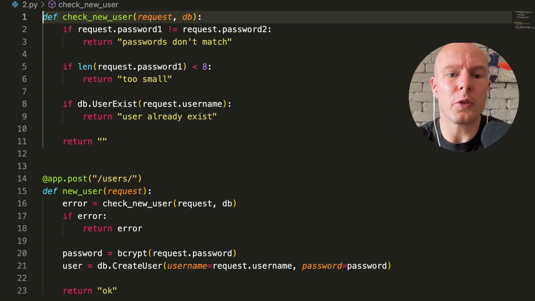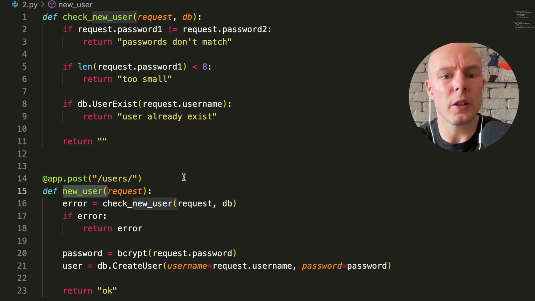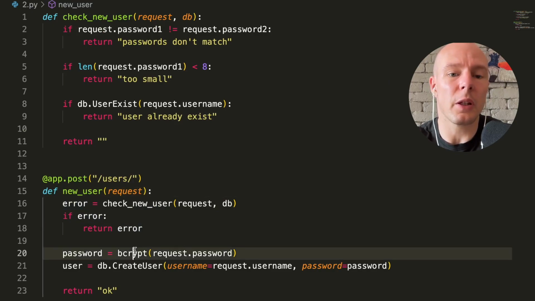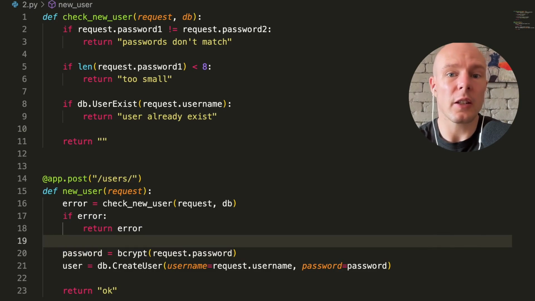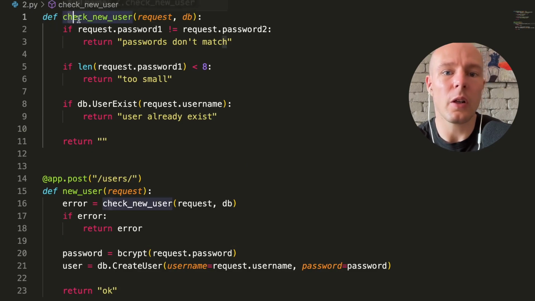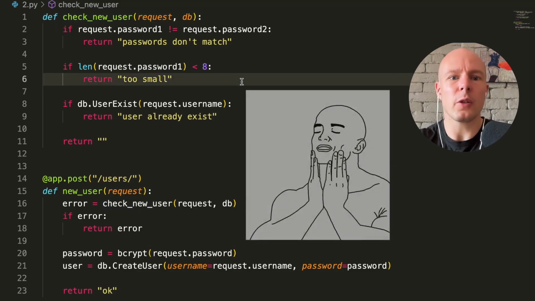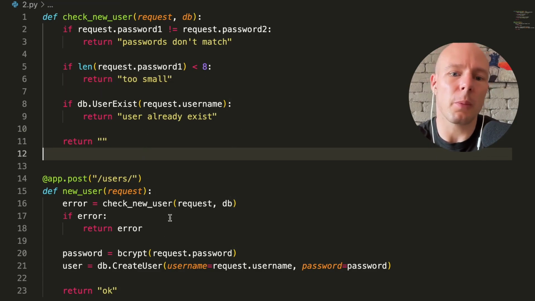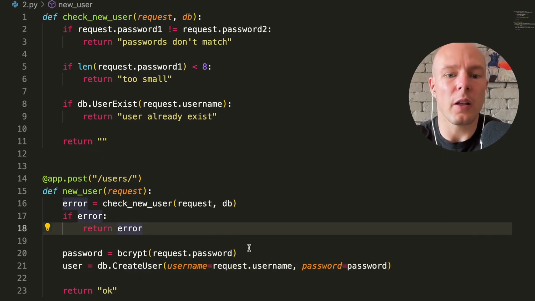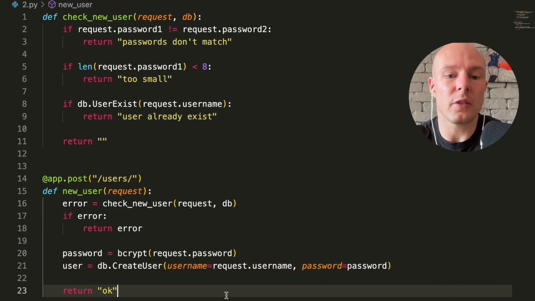Now, we also have the new user, and you can see we use this function called check new user, and if it returns an error, we return the error, and then afterwards we can do the decrypt. Now, the reason why this is fantastic is that the most complicated part of the logic that usually goes wrong is the part in check new user. So now the most complicated part is checked, and you can very easily just go through the rest of the code and see, okay, the decrypt and the create is working as well. It's also easier to understand and see what we have to do to check a user. So it's pretty straightforward. And yeah,